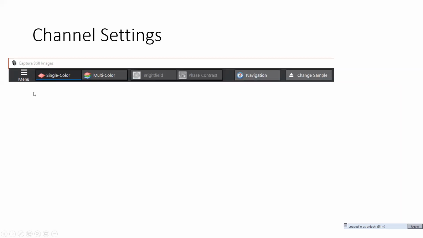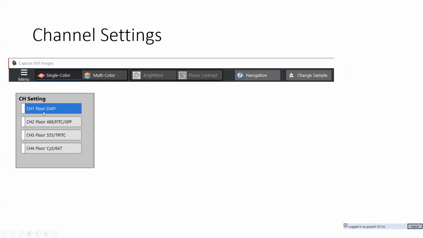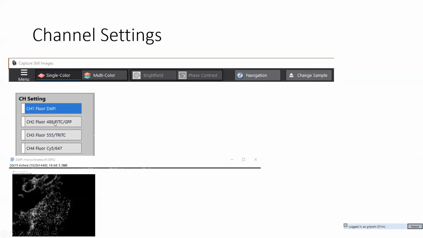In case of channel settings, as I told you earlier, you have single color and multicolor options. So you go into channel settings and individually select each of the channels first. Set up the imaging parameters for each of the channels first. And some of the weird things about this software is that